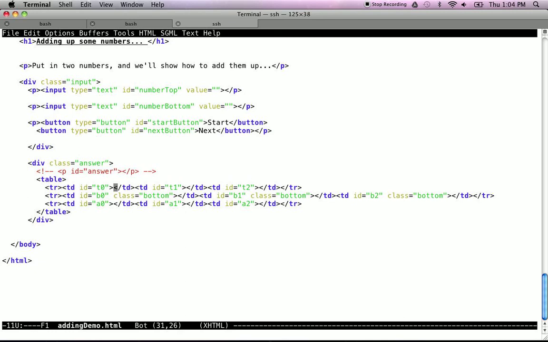So then what we need to do is we need to get to this element and add something next to it. Or get to this element, and so in terms of our document object model tree, you'll have a row, and then you'll have a number of elements. So what I want to do